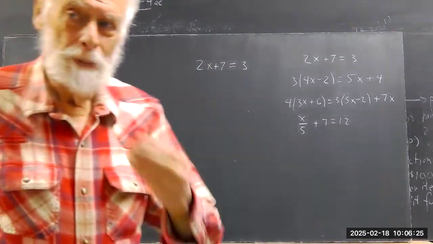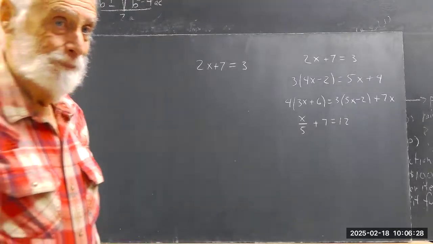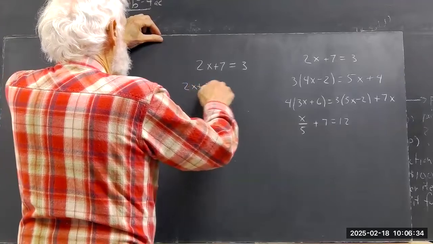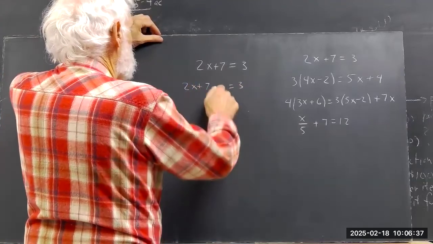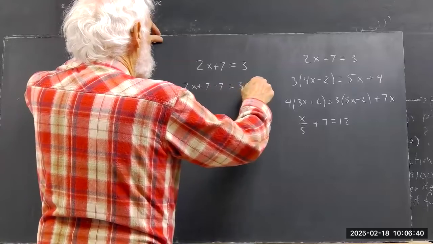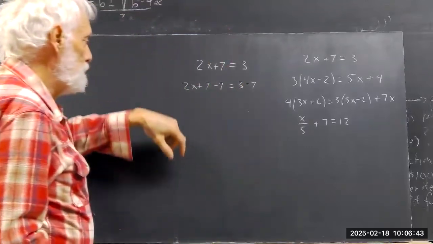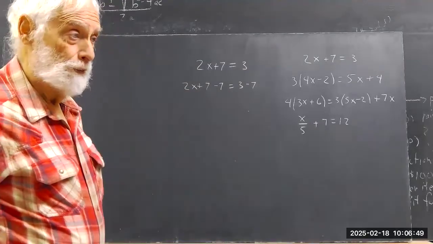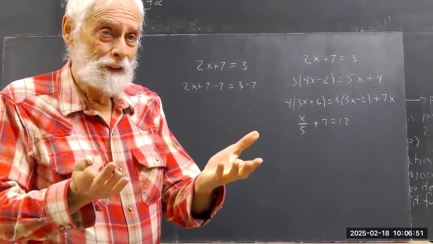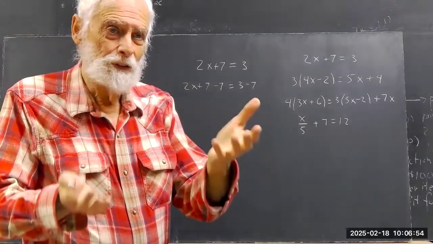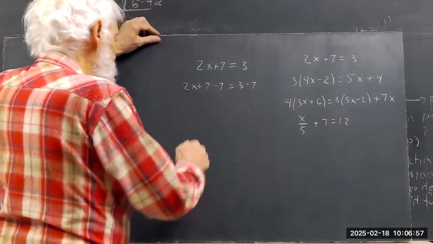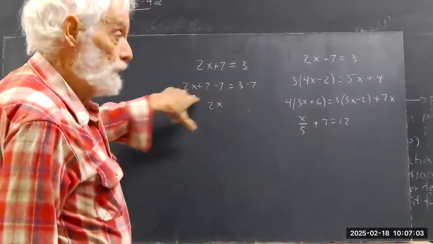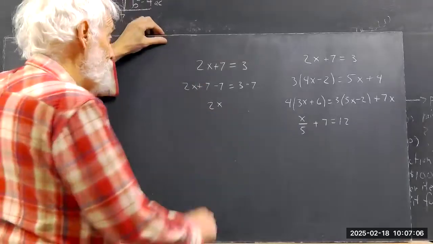Equals 3. Now, what people are traditionally taught to do is subtract 7 from both sides, because if these two things are equal, then these two things have to be equal, because the only difference is I've subtracted 7 from both sides. So if they're in balance and I take 7 away from this one and 7 away from this one, they'll still be balanced. Okay. And in that case, you get 2x because 7 minus 7 is 0. And if you add 0 to 2x, you've got 2x, right? And 3 minus